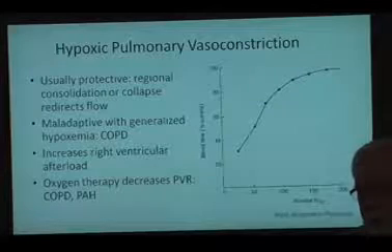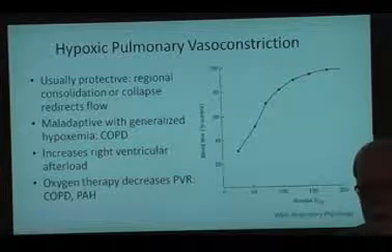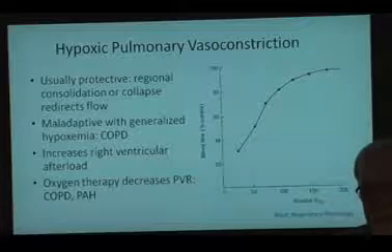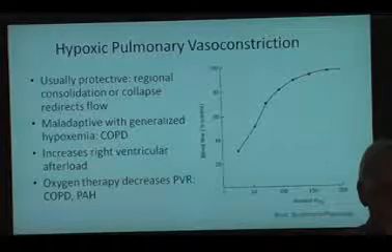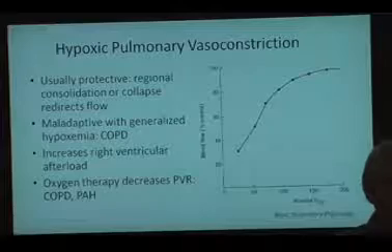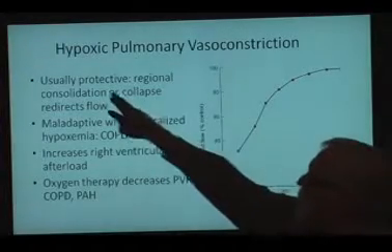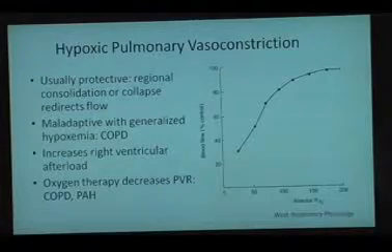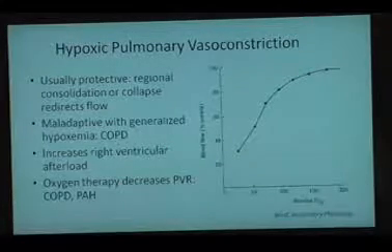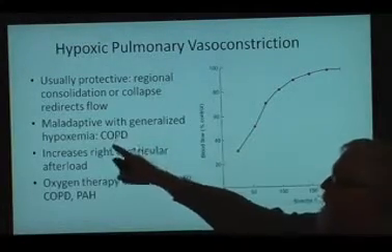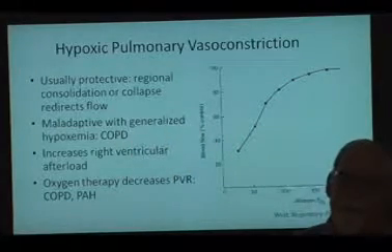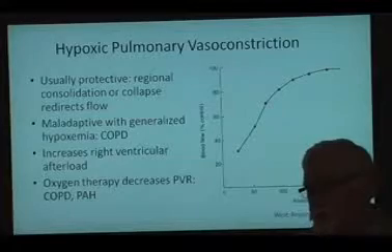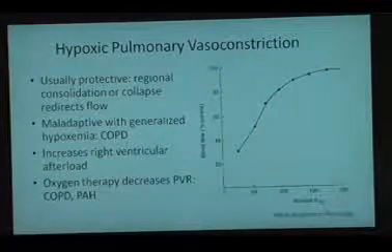So a patient can have a significant consolidated pneumonia, for example, and the PO2 may drop from 85 to 65, but you might expect it would drop a lot more if there was not the protective effect of hypoxic pulmonary vasoconstriction. But the problem is, this becomes maladaptive if there's generalized hypoxemia. Because with generalized hypoxemia, such as in a patient with COPD, right, Nancy, correct me if I make a mistake here,